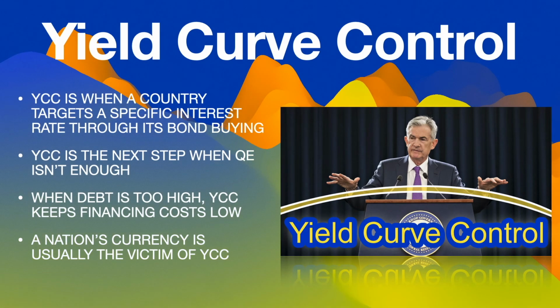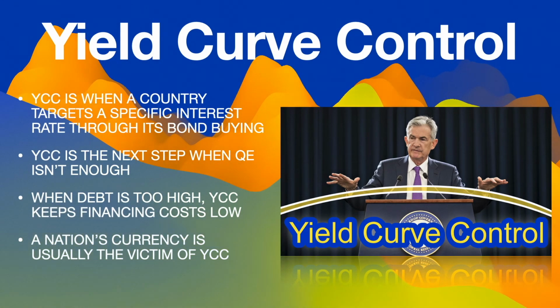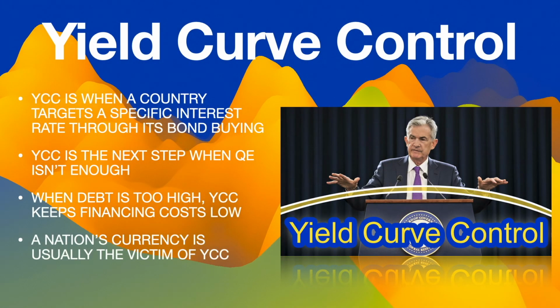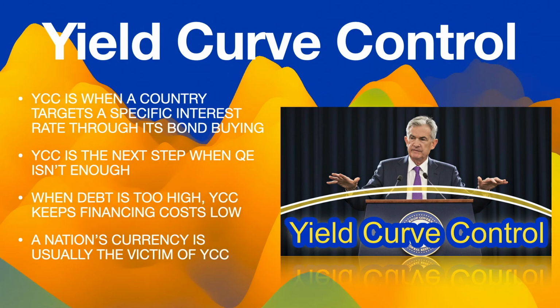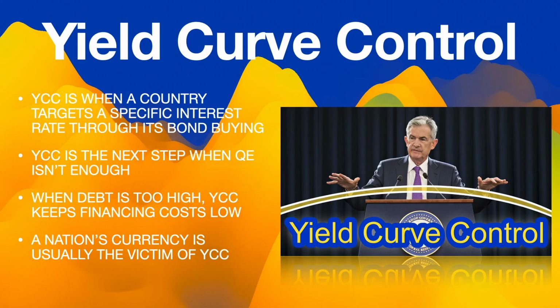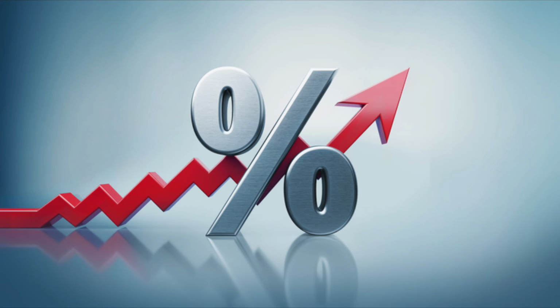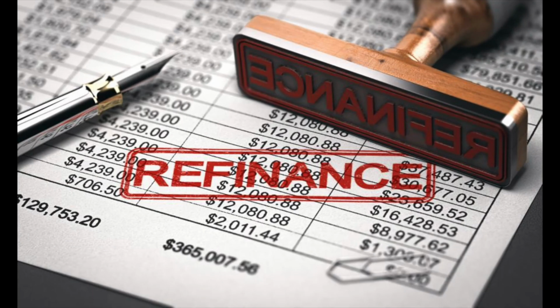So, what the heck is yield curve control? Because it sounds like something a Jedi would do, not a central bank. Now, as its name would suggest, yield curve control aims to control yields of government debt securities like treasuries. In doing so, a central bank prevents those yields from getting too high, which keeps interest payments and refinancing